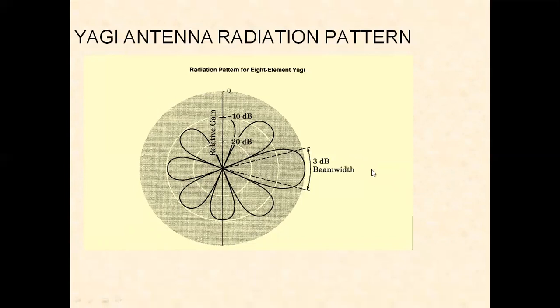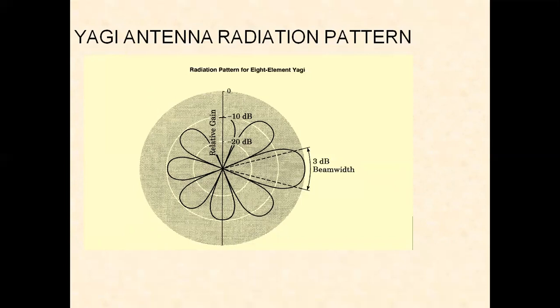If we increase the number of parasitic elements, to 8 elements, etc., we can increase the gain in the favored direction. Yagi antennas are constructed with 5, 6, 8 elements for a gain of about 10 dBi, but higher gains up to about 16 dBi can be achieved by using more directors. It also has side lobes at the sides of the pattern and a lobe to the back of the pattern. It has a front to back ratio of approximately 15 dB.